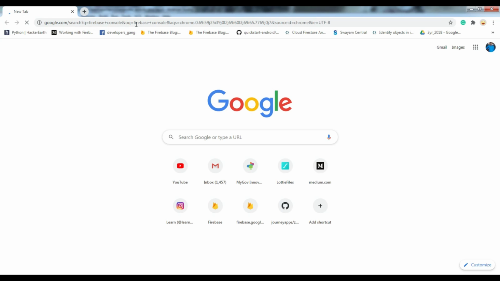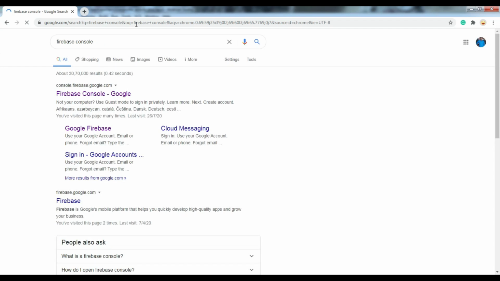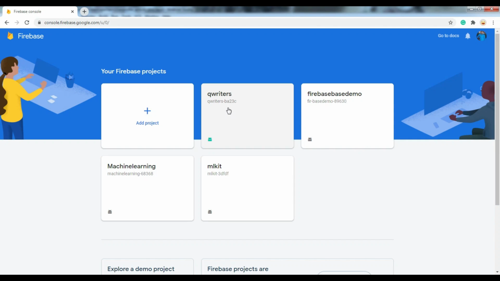So some security rules are there, we have to reduce the security rules. So let's check. So go to the Firebase console, click on Firebase console, and here you can find your projects. So Codes Writers project, click on that.